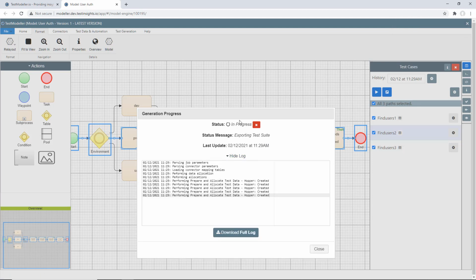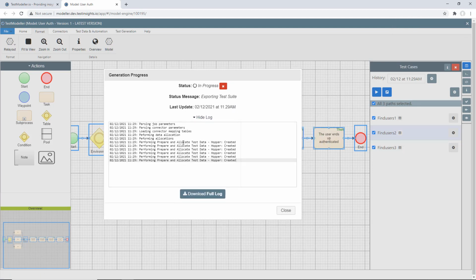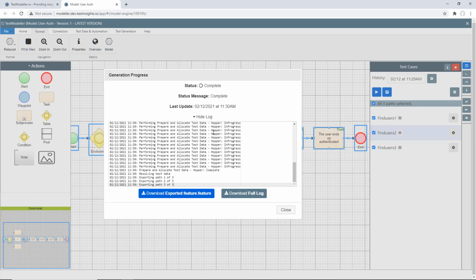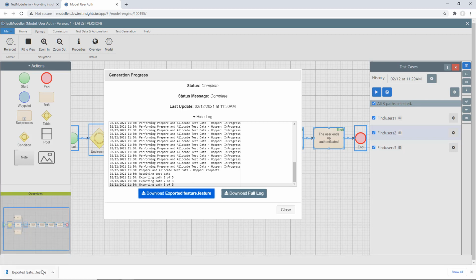Now what this is going to do is go away and prepare all of our test data. And it's then going to generate the different Gherkin scripts based off of this data that it's made and found for each of these 3 different paths and scenarios we've got. So we'll leave this a second just to go through and finish. So we'll see this is finished. If we download our feature file and we take a look,